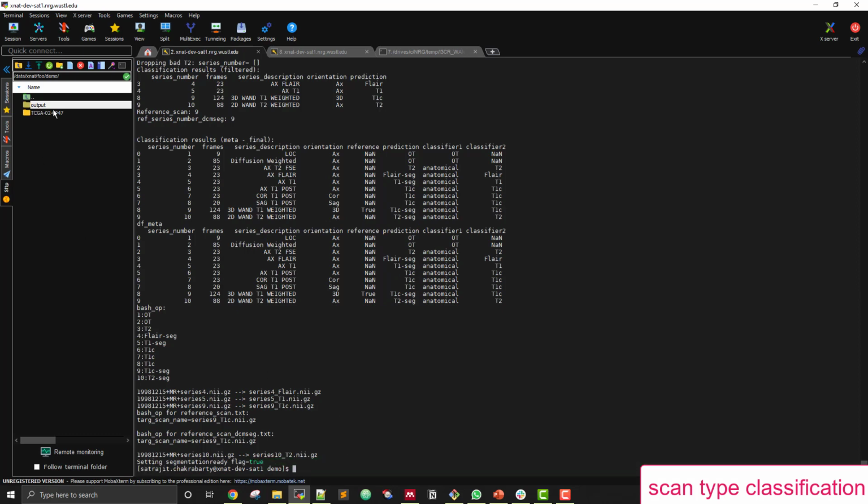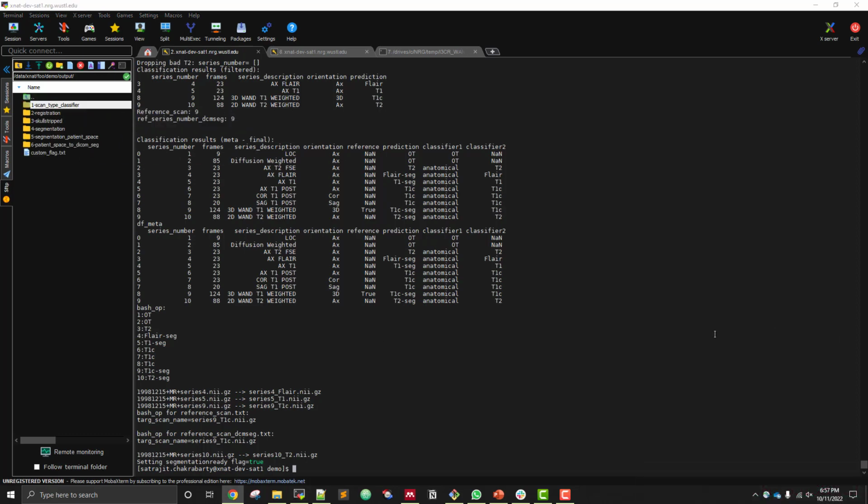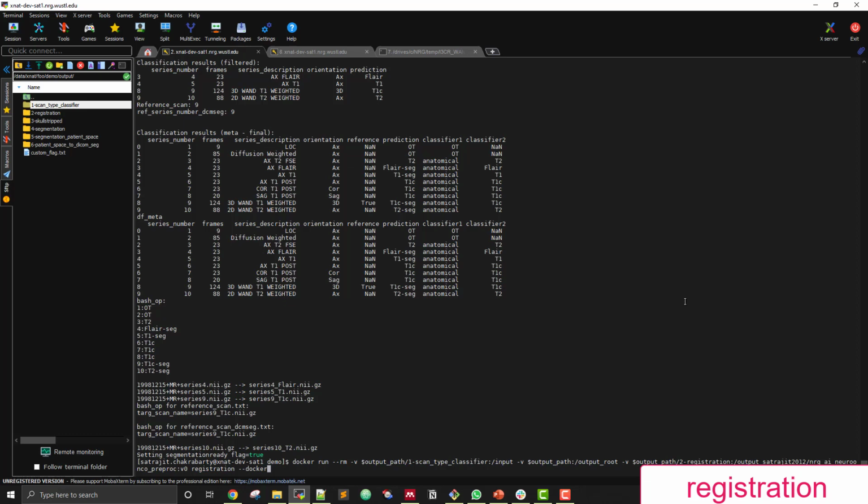That means this session has all the required scans needed for segmentation. Inside the output directory, we can see that it has created the 4 scans that we will need for downstream processing. And having finished that, we move on to the registration step and run the registration.